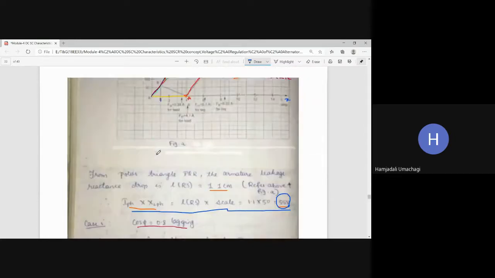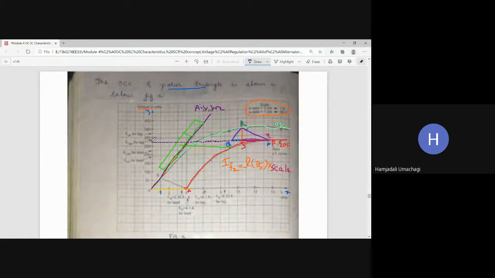Once again, you take the graph sheet here. Check where that E1 pH will come. 290 means, here this is 250 and this is 300, so 290 means exactly this point. Now from 290, mark it as E1 pH for lag. Here, mark this point as E1 pH for lag, and take the horizontal extension line and draw it till it touches the OCC.